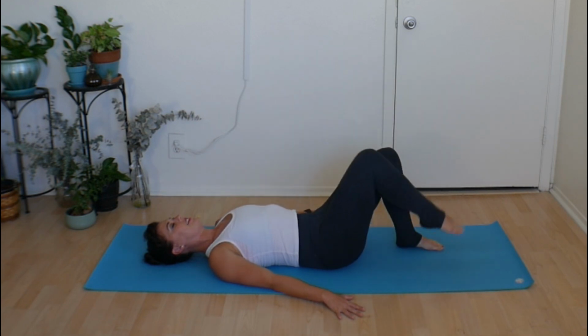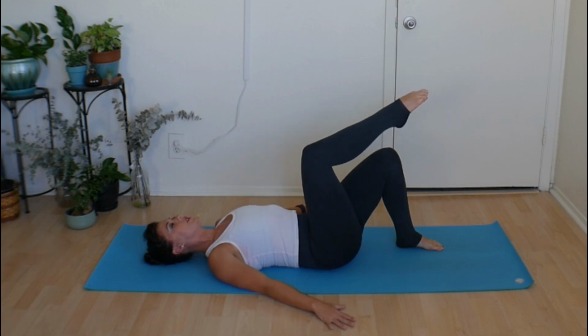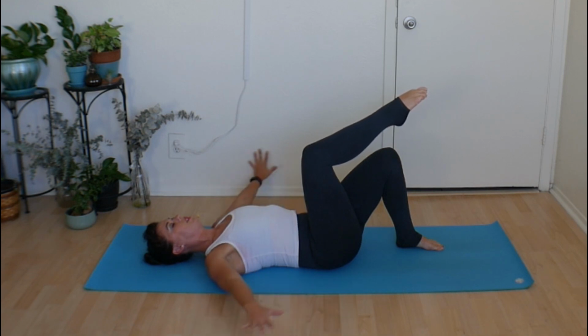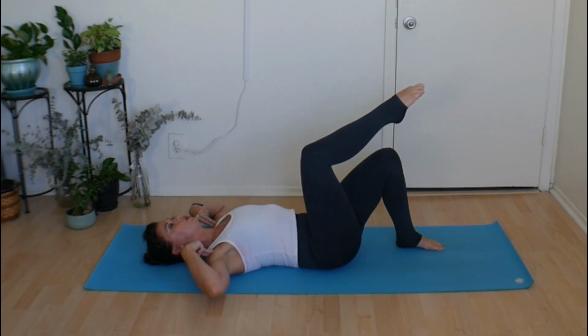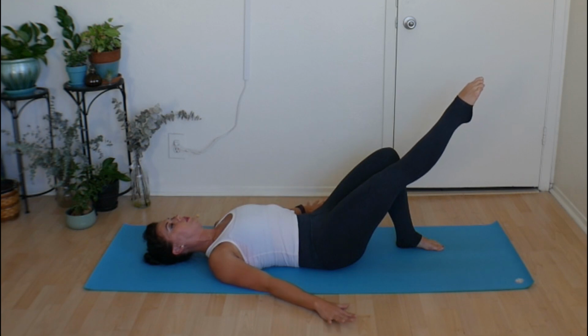Take a breath. Lift the right leg up again. This time let's point our toe. And I want you to either open up your hands just a little further away from your body or take them all the way off to a T so we can make sure we're not collapsing through our shoulders. Think of really pressing the low back into the mat and then send that foot off in a great big